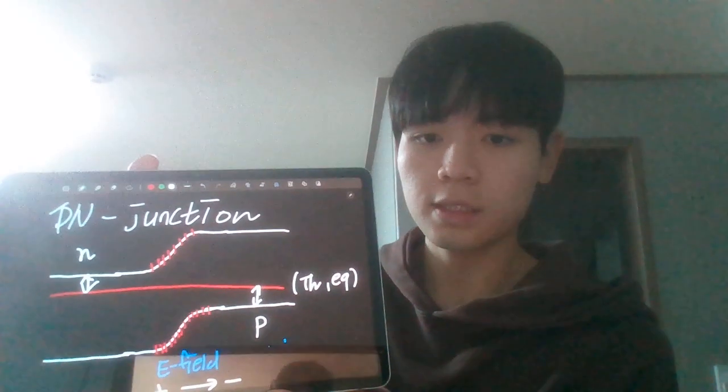In the thermal equilibrium state, the Fermi level has to be a constant line, making the energy band like this,